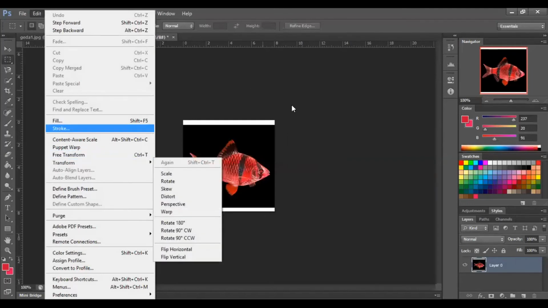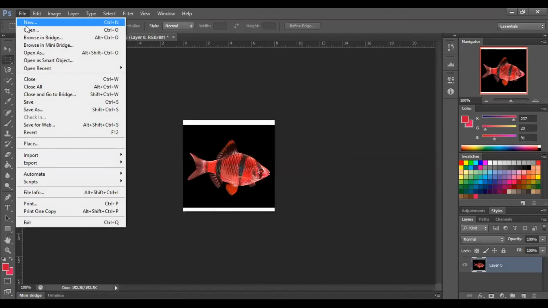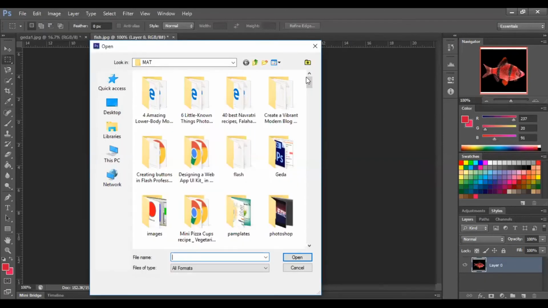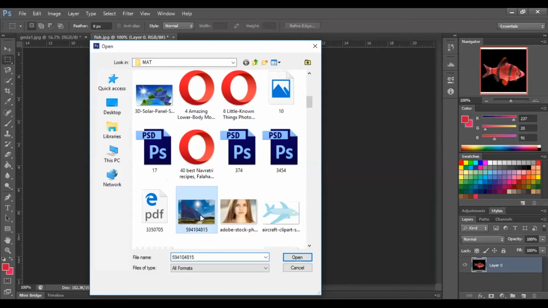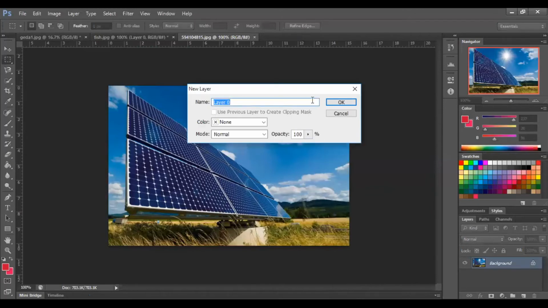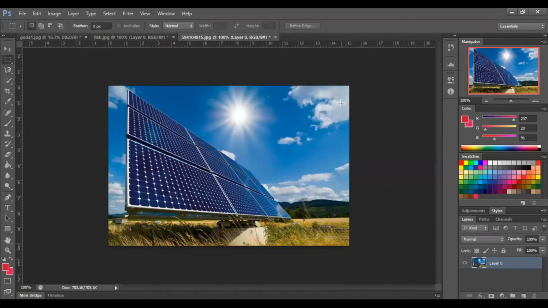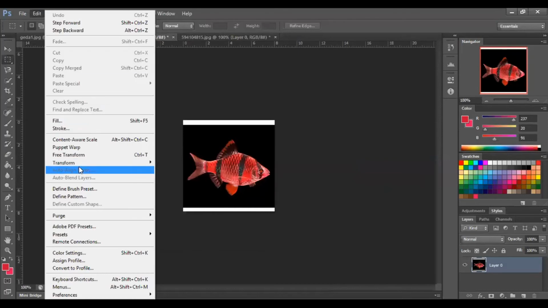See, when you are going to open an image for transforming, you have to unlock the background, and only then can you apply different transform commands. I am opening this image. See here, there is a lock sign in the background layer. You have to double click it, then click on OK, and the layer will be unlocked. Then and only then will the transform be applied. Now go to the Edit menu.